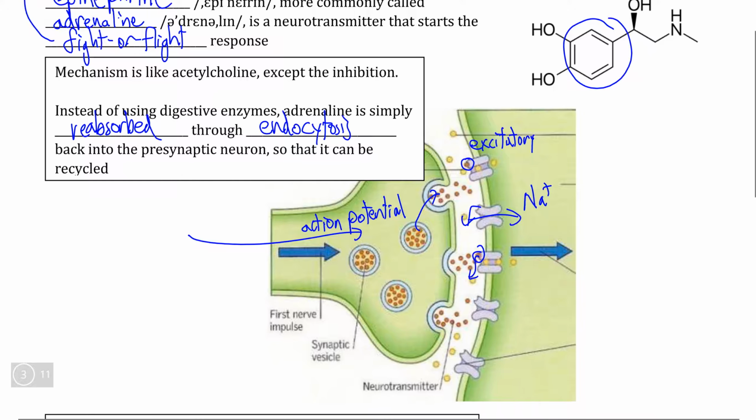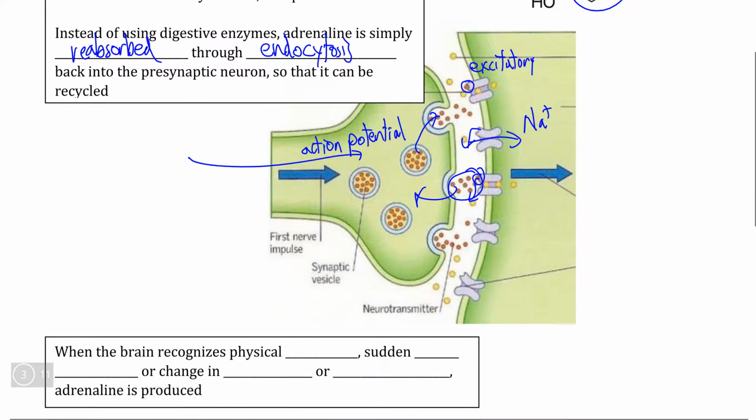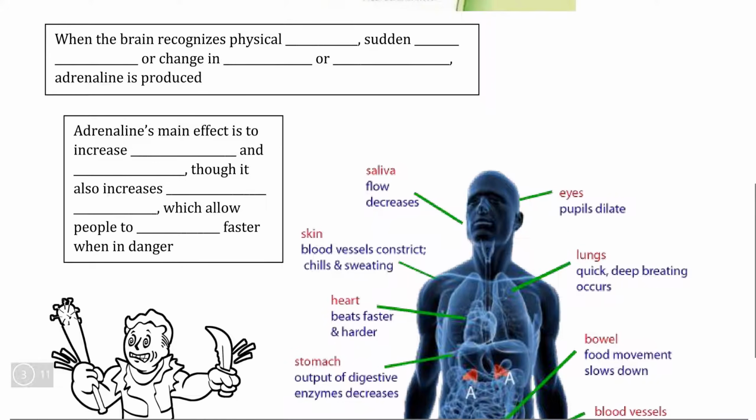Now, this is a relatively logical mechanism, because if adrenaline is reabsorbed back into this axon terminus, it isn't present within the synaptic cleft and therefore isn't able to bind to the receptor proteins on the postsynaptic dendrites. And not only does this allow adrenaline to be essentially infinitely recycled, but also it prevents the action potential transfer from always occurring. And there are very obvious reasons why we would want to prevent this when we recognize what